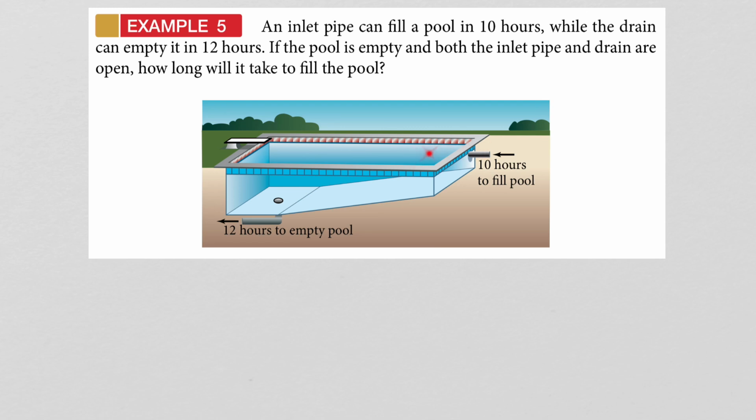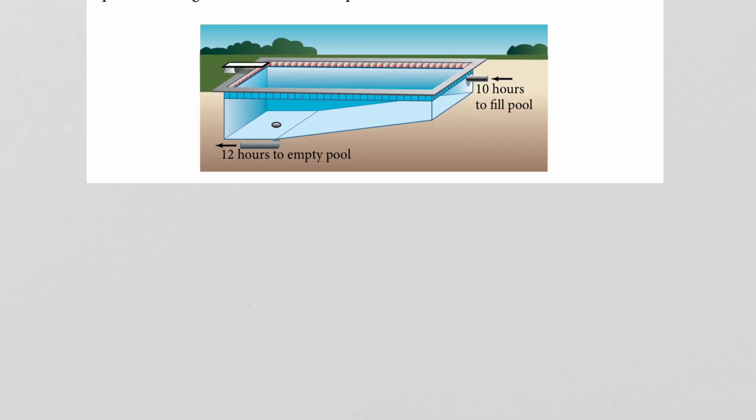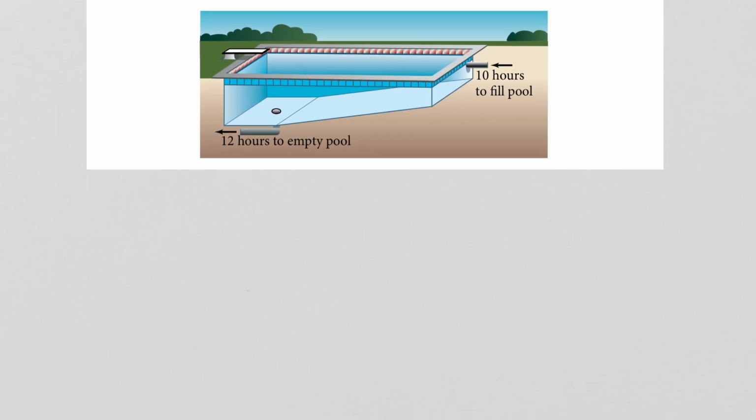So as water is coming in, some water is also going out. Now, it takes more time to empty the pool, so that means less water is coming out than going in. So the pool will get filled eventually, but how long will it take? Okay, there's a couple of different ways to approach this. I like this approach. So I'm going to make a table,